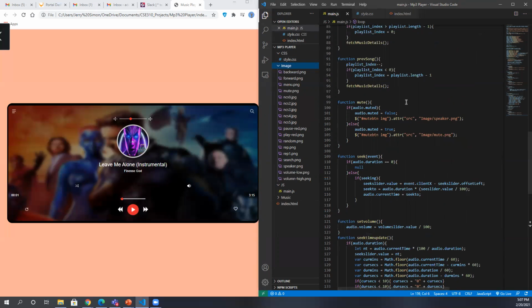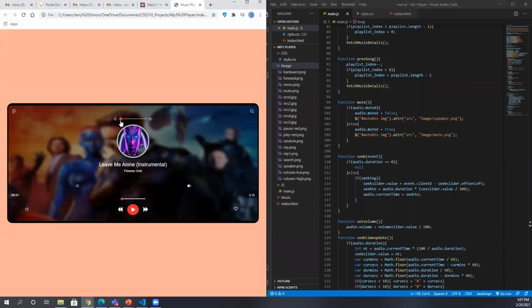Although I'm not fully written and integrated that yet. The pause and play icon is working. There's a function for that. The next and previous button function is also in there. That one is working. The replay icon, there's a function for that as well. And the mute button, there's a function for that as well, as well as the volume set slider